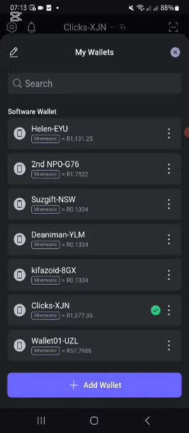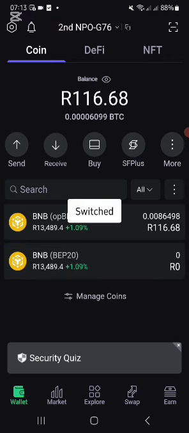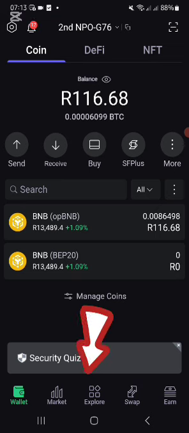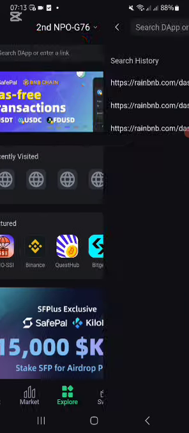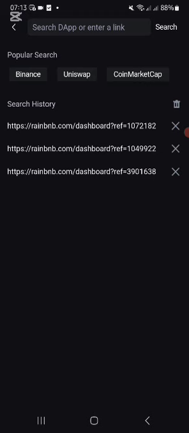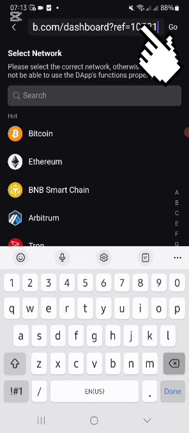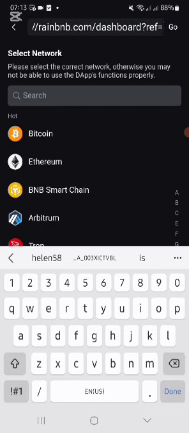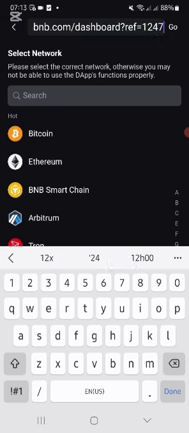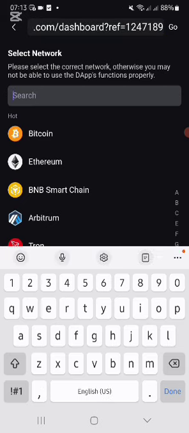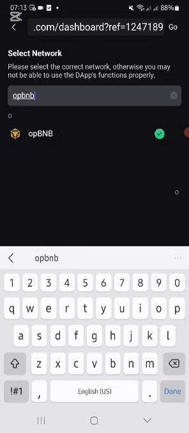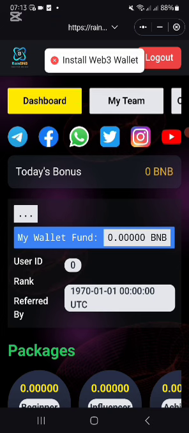Let me do another wallet. I'm going to go there and let's do this one. I haven't done that one yet. So you go to explore. You go to search the app at the top. Now there's 3 wallets that are already done. Click on any one, it doesn't matter. Swipe to the left. Go and change the number to the correct number. So when you log in, you need to click on the right number for the right wallet that you are in. Okay, you go to the search bar, type OPBNB, click on OPBNB, and you are on your next wallet.